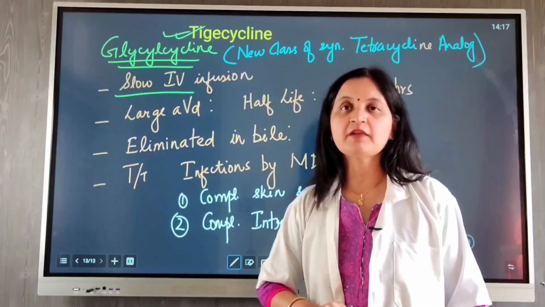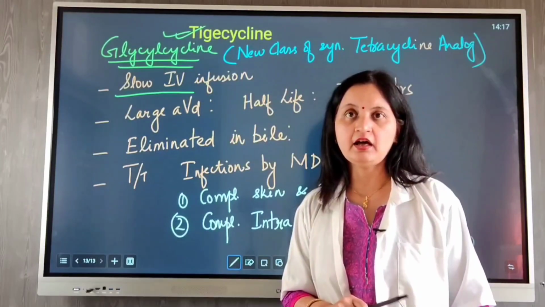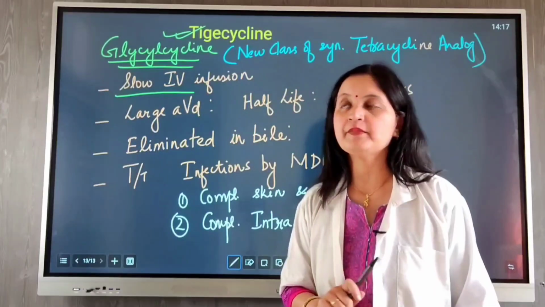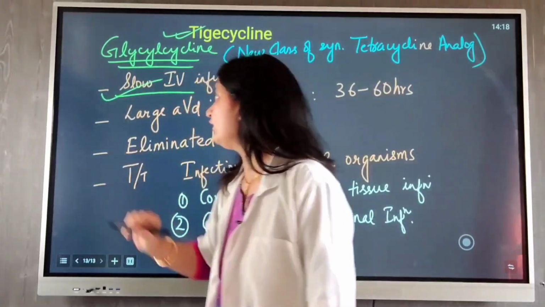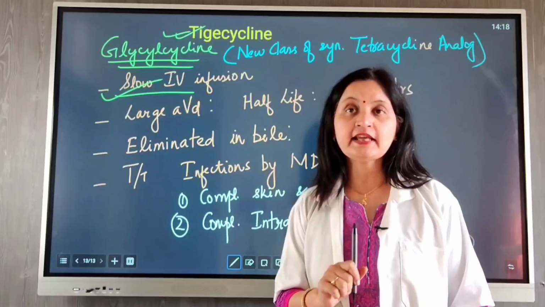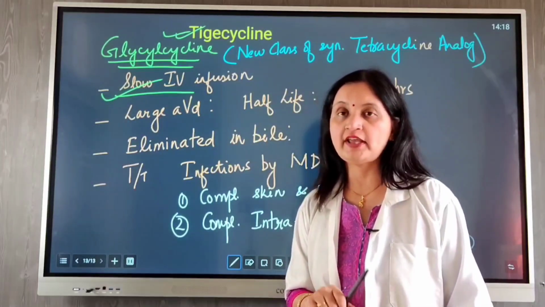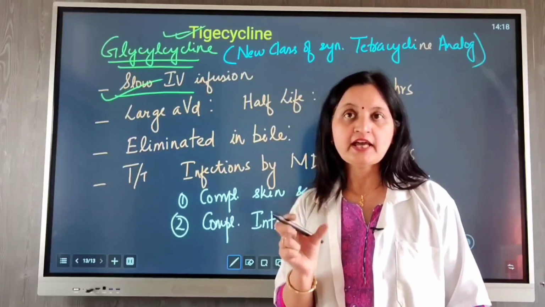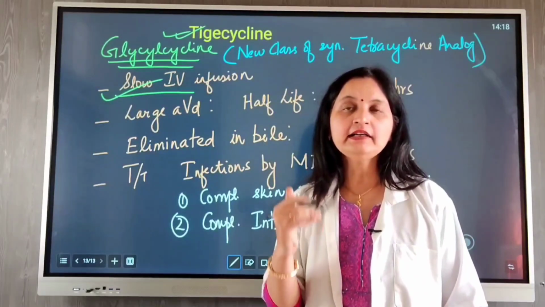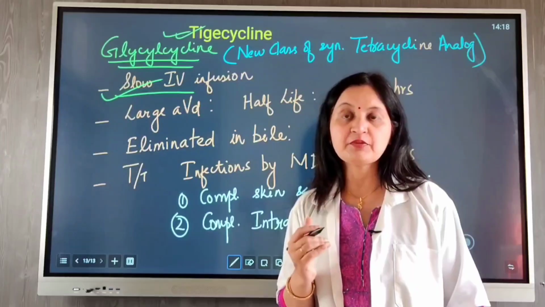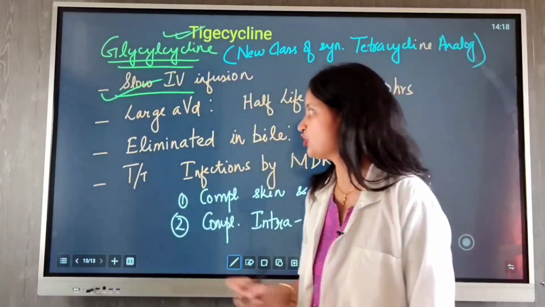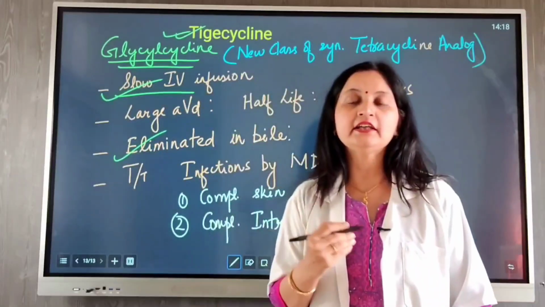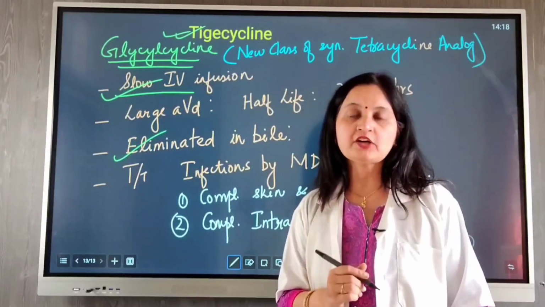Some of the characteristic pharmacokinetic features of Tigecycline are: 1. They are poorly absorbed in the intestinal tract. The only route of administration is slow IV infusion. Secondly, Tigecycline has a large volume of distribution and therefore the duration of action is 36 to 60 hours. So it has a prolonged half-life unlike the other tetracyclines, and this is because of large volume of distribution. Thirdly, they are eliminated in bile, and since they are not dependent on kidney for elimination, dose reduction is not